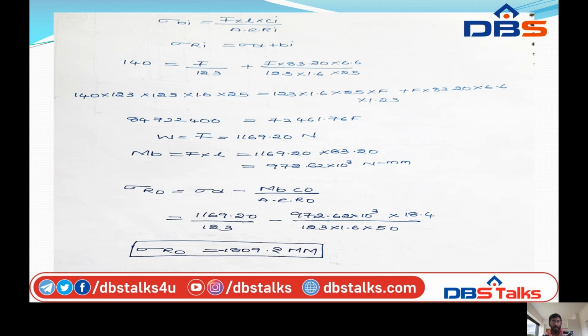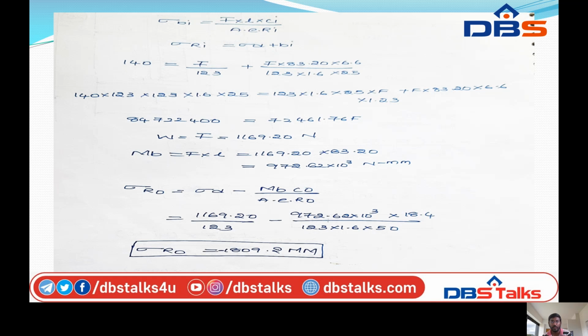So 140 into 123 into, so cross multiplication, 140 into 123 into 123 into 1.6 into 25 is equal to 123 into 1.6 into 25 into F plus F into 83.20 into 6.6 into 1.23. So we can calculate